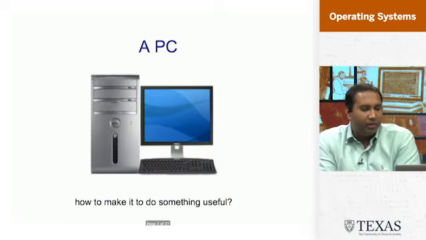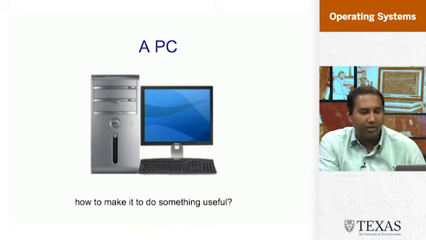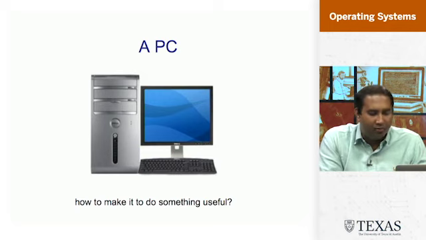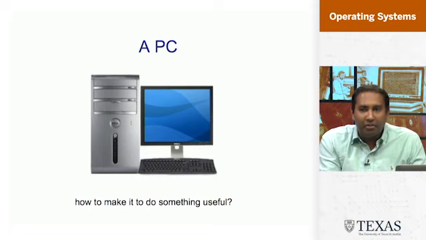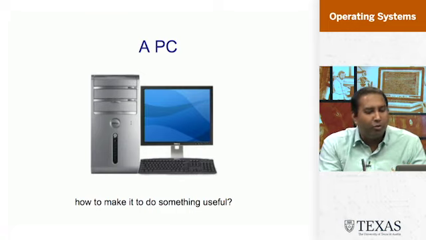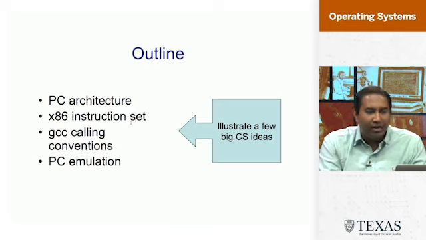So what we're going to be learning about is what an x86 processor looks like, and how it works. To give you the context for all of this, you want your computer to be able to do something useful. At the lower end of this, it's a processor which just executes a series of zeros and ones. So how do you program this processor to do anything useful is what we're going to talk about, right? And again,